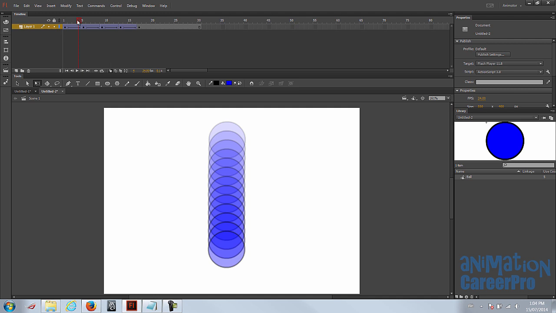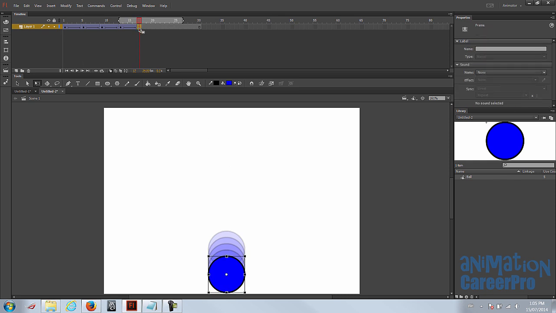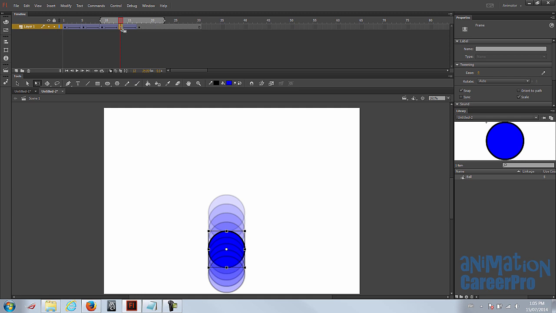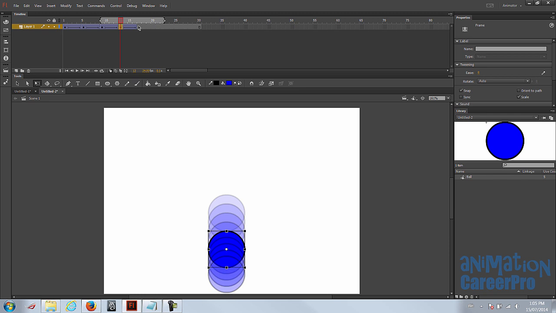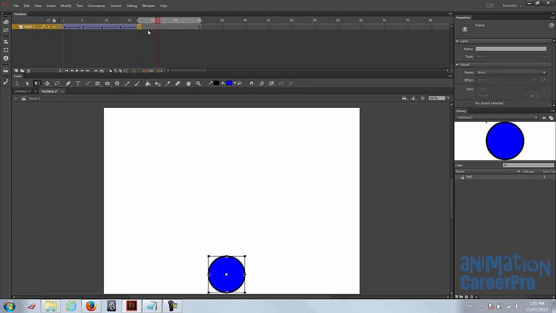And now we can see that our ball animates from top to bottom with all the in-betweens and the key poses set. Now we're going to cycle this. And the way to do that is to copy the second last key pose onto the other side of the last key pose, and we're going to continuously do that till we get to frame 1. So go to your second last key pose and go copy frame, and then go 4 over,